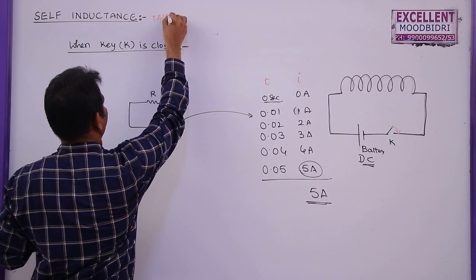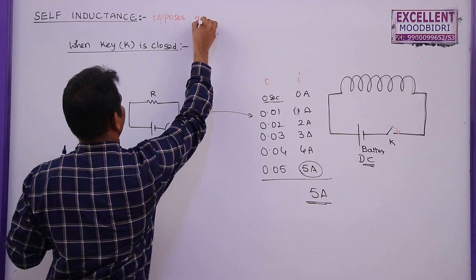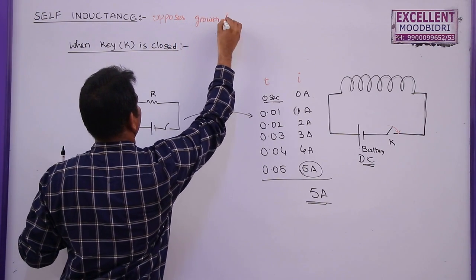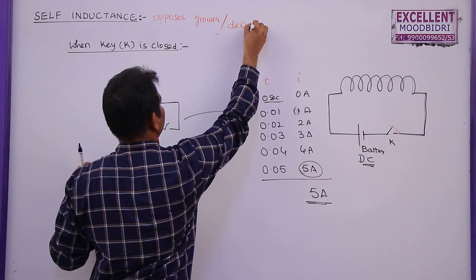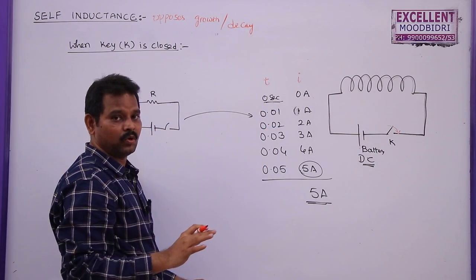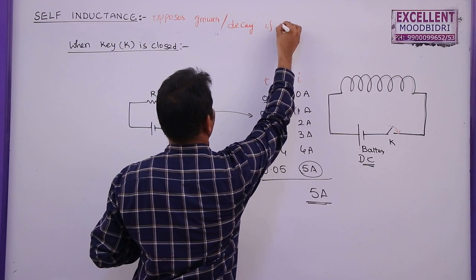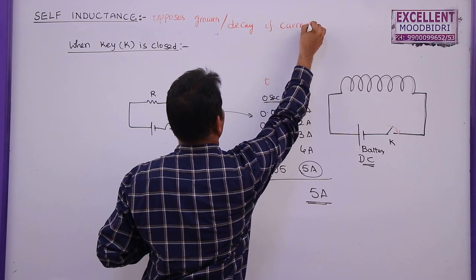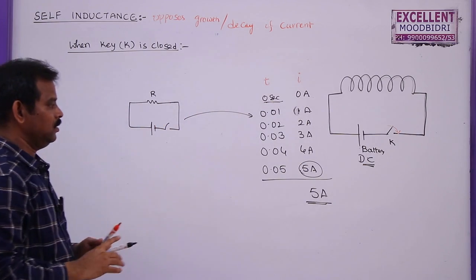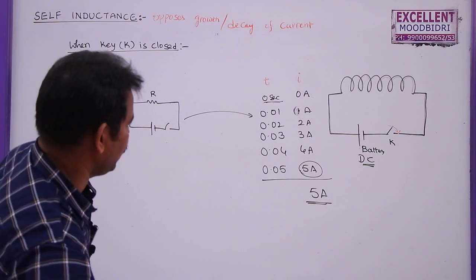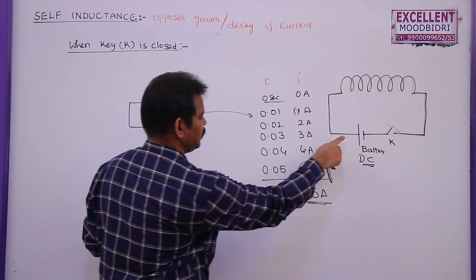Opposes growth or decay. When the current is decaying also, the coils will not allow the current to decay. So it opposes growth or decay of current in a coil. So in this case, what I am going to write, when the current is increasing from